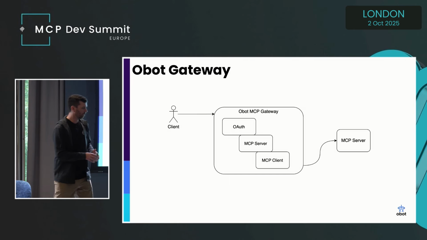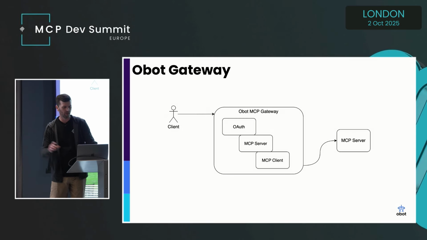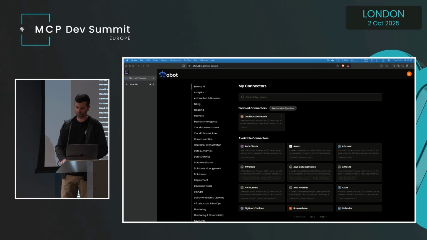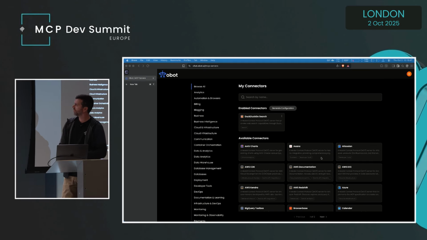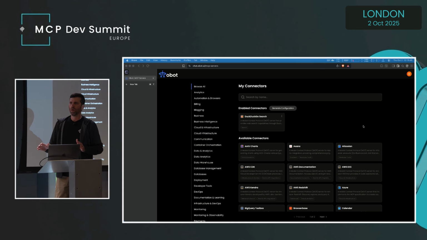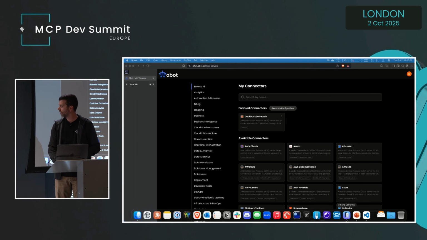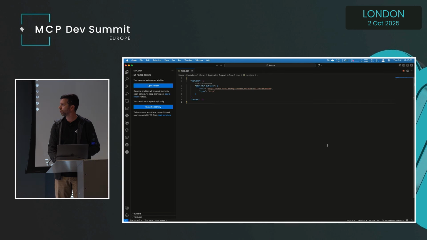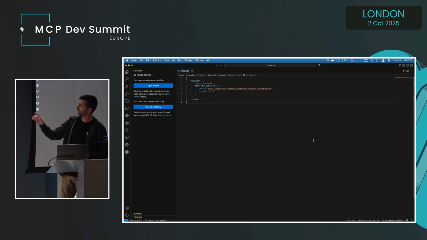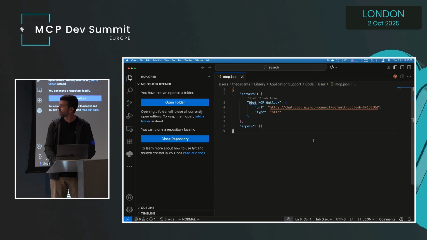So I wanted to show just quickly, and it's mirrored, so I'm going to have to do it this way. But you can see here, this is just a quick example of what Obot looks like. You can see I've had one MCP server deployed, the DuckDuckGo MCP server. And if I go down to Visual Studio Code, which is my client, it's hard to see, but maybe I can do it this way. There we go.